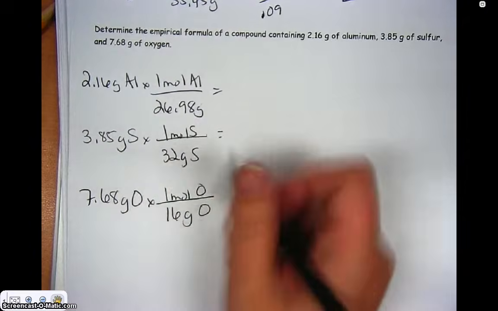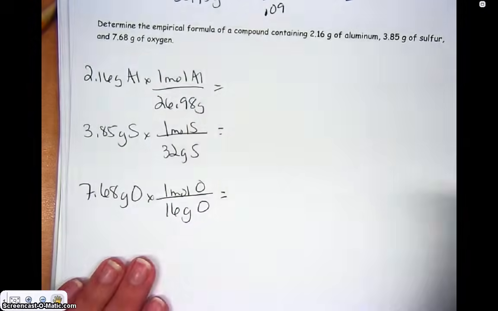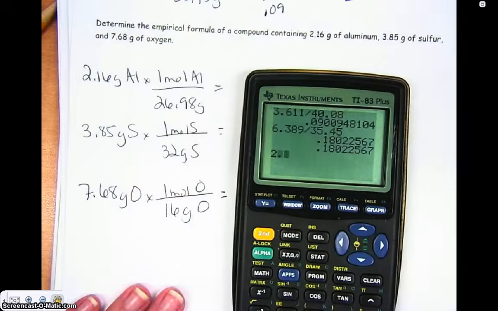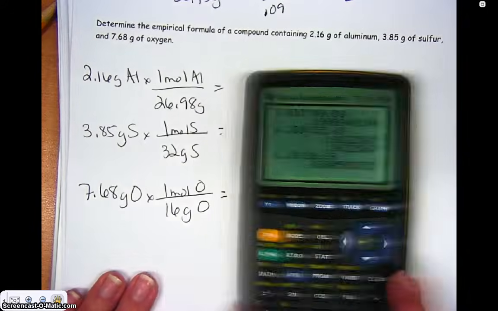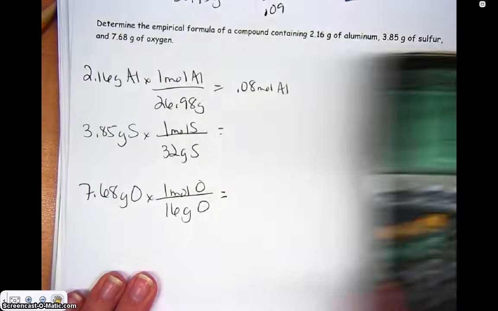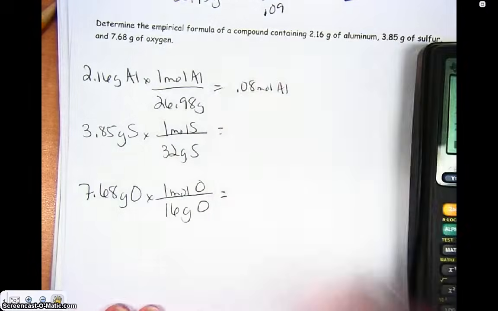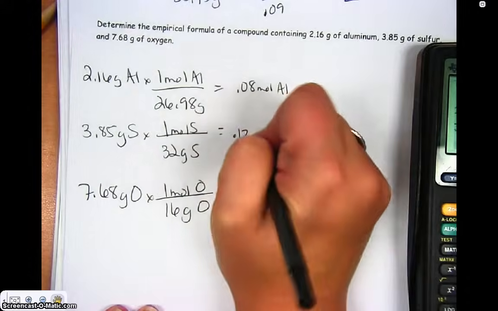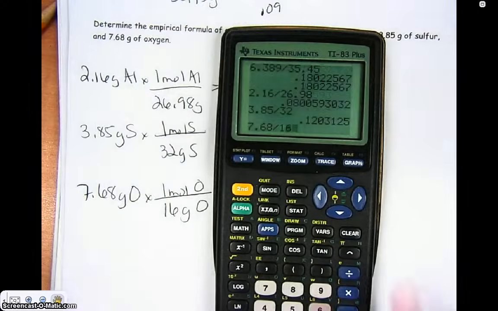Even though oxygen is a Brinkelhoff, we're talking about it in a compound, so we just leave it by itself. So we're going to take 2.16 divided by 26.98, and we get 0.08 moles of aluminum. 3.85 divided by 32 gives me 0.12 moles of sulfur. And then 7.68 divided by 16 gives me